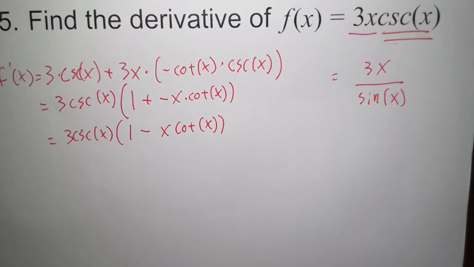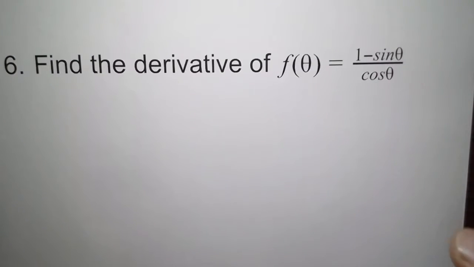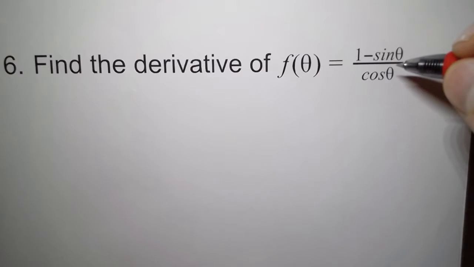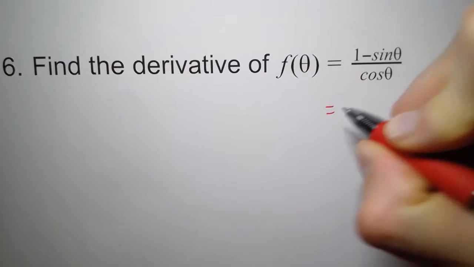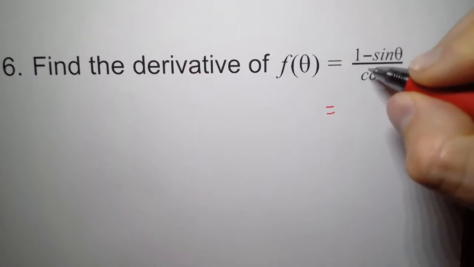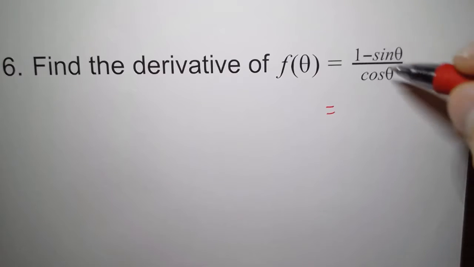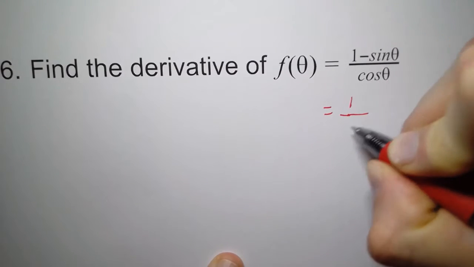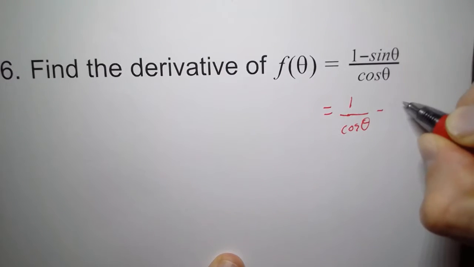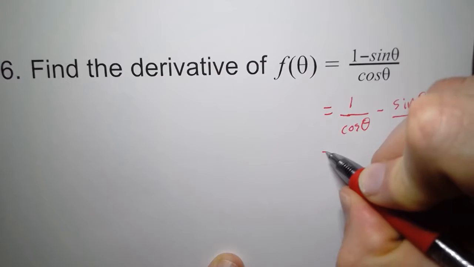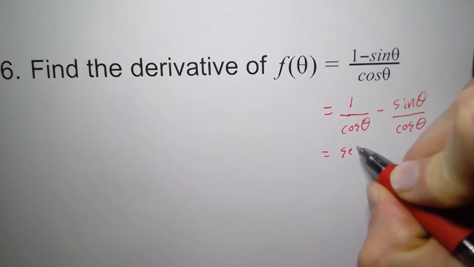All right. Now for the last problem, here we've got this quotient already. Now actually quotient rule is probably more trouble than it's worth because what we can do is we can simplify this in light of the fact that we know the derivatives of secant, cosecant, tangent, and cotangent. How do we do that? Well, we have 2 terms on the top and just 1 factor on the bottom. So we can write this as 1 over cosine of theta minus sine of theta over cosine of theta, which simplifies to secant of theta minus